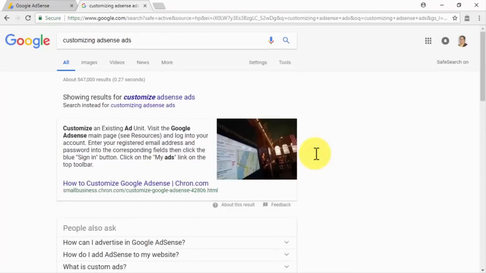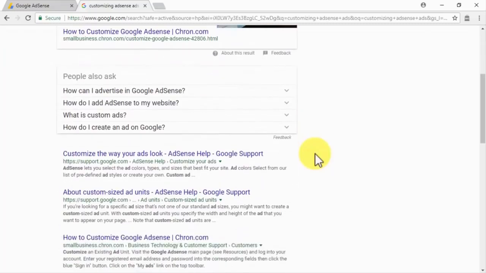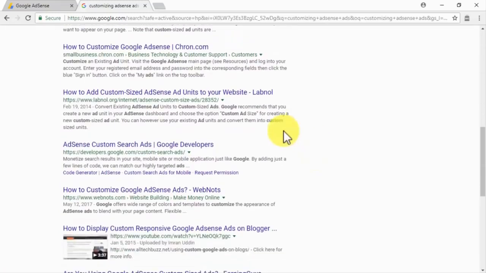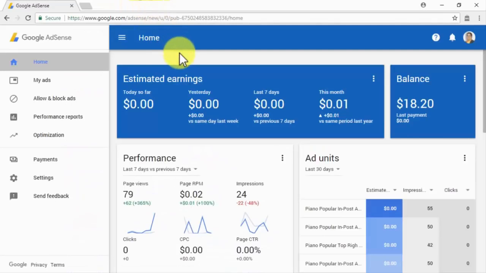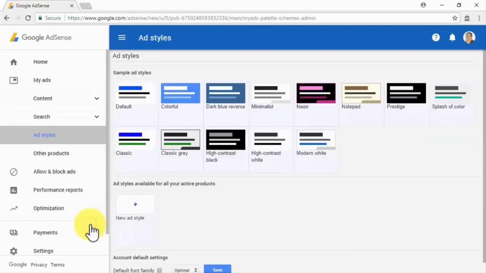In this video, we are going to teach you how to easily customize ads from your AdSense account, and how to generate the code that you will later be able to insert on your site to serve ads there. You'll have to start on your AdSense account's homepage, and from there, click on the My Ads tab located on the left-hand menu. First off, we recommend you check the Ad Styles section by clicking on the Ad Styles submenu tab. In this section, you will be able to see the type of ad styles available from a sample